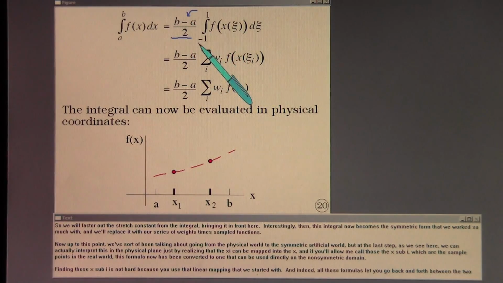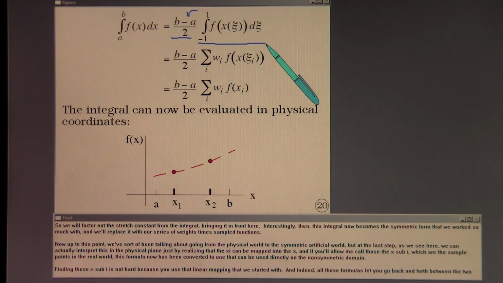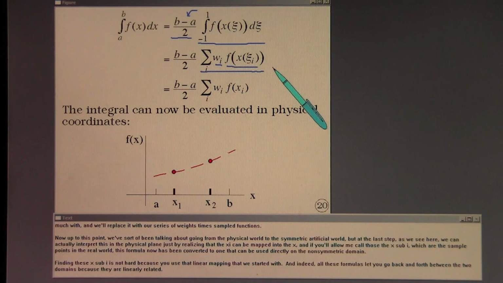Interestingly then, this integral now becomes the symmetric form that we work so much with, and we'll replace it with our series of weights times sampled functions. Now, up to this point, we've sort of been talking about going from the physical world to the symmetric artificial world, but at the last step, as we see here, we